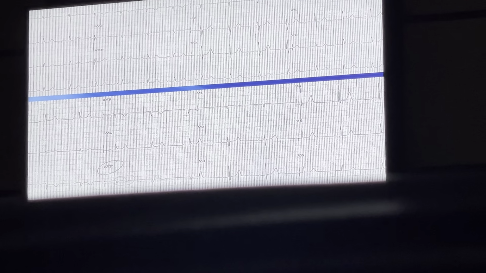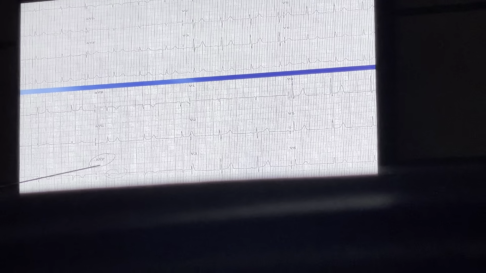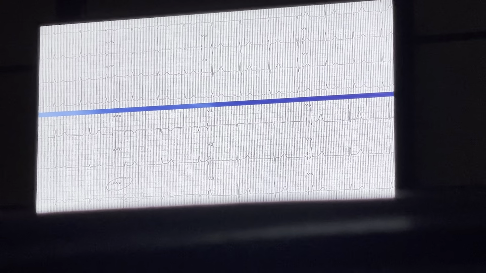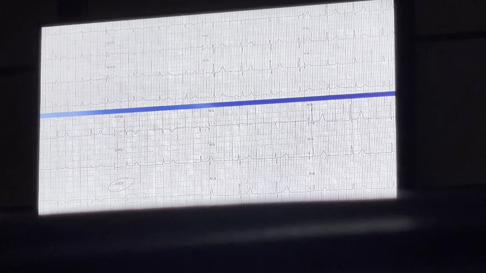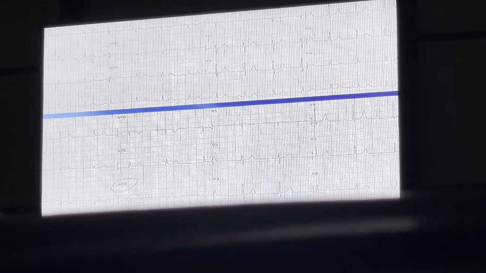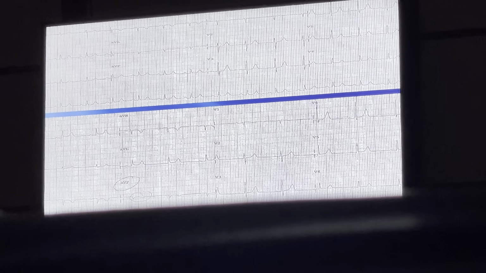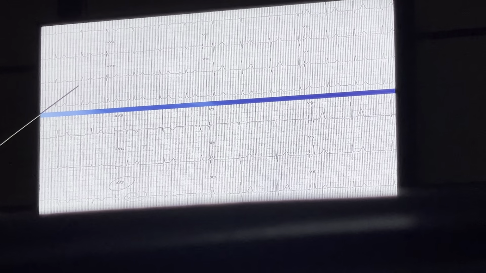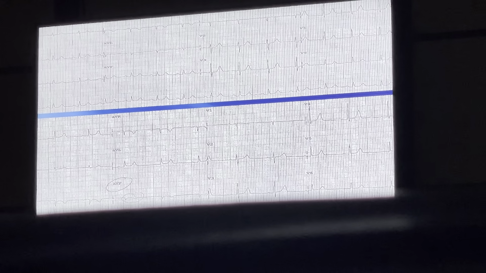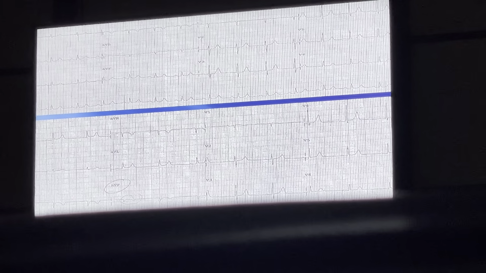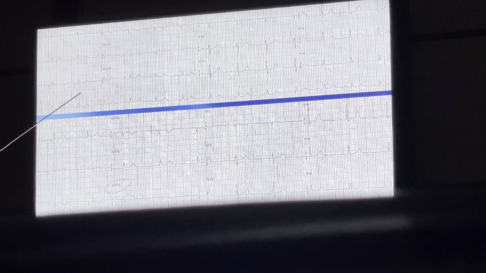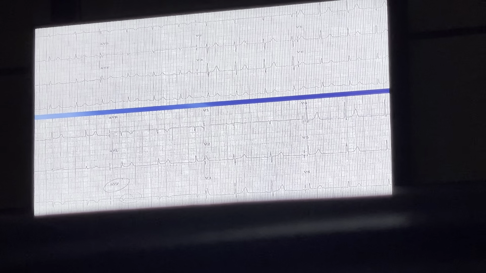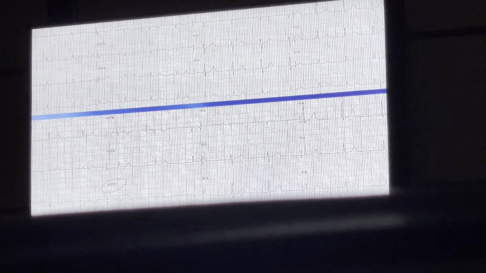So what is this? This is inverted P wave. This is the lead reversal. So second time the technician did the lower limb lead reversal. So this is not ischemia. Every time when you see the ECG, just try to find out whether this is not, because if the P wave is positive in one lead 1 hour back, how can it be negative after 1 hour? P wave shouldn't be negative after 1 hour. So if you see P wave is positive in the previous ECG, how is it negative after 1 hour? So this is not ischemia.